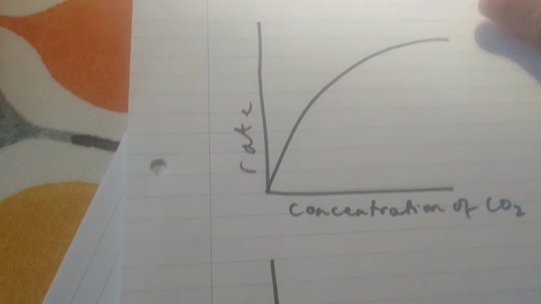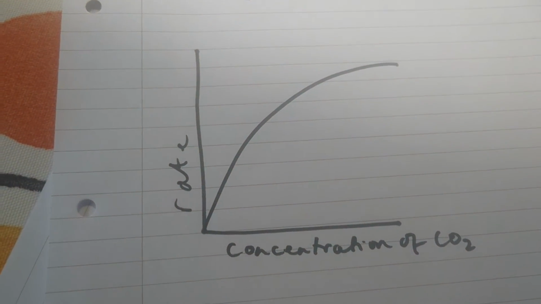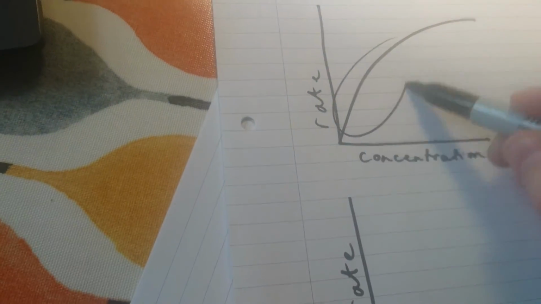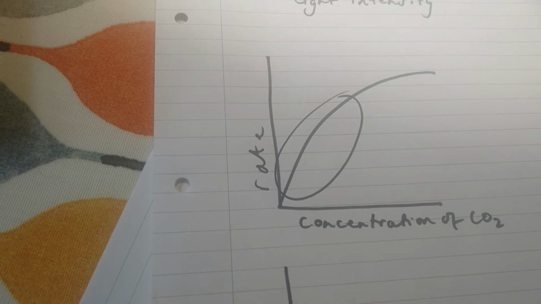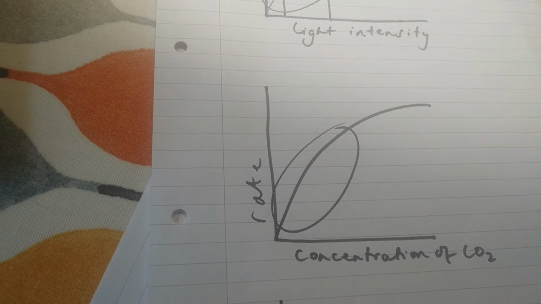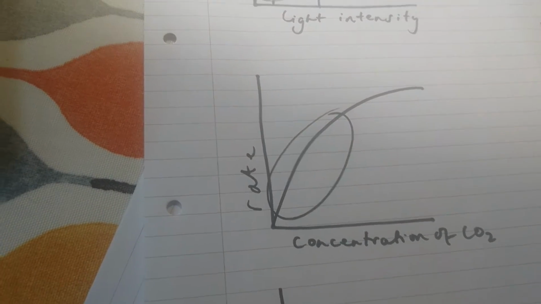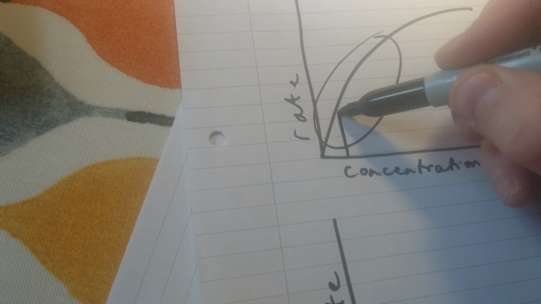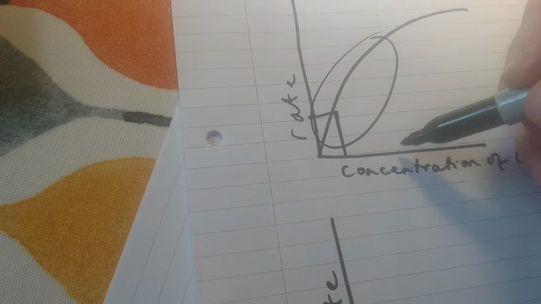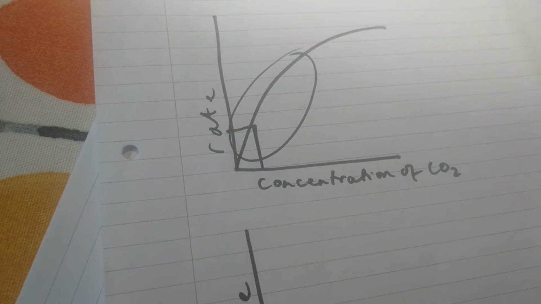So here, as the concentration of CO2 increases, the rate increases. At point number 1 of that graph, I can say that as the amount of carbon dioxide goes up, so does the rate. So the limiting factor is carbon dioxide. So watch. If I say the concentration of CO2 is low, the rate is low. When the concentration of CO2 is high,